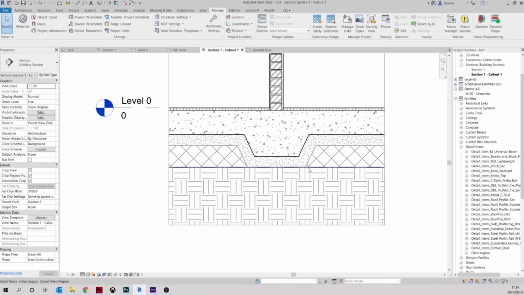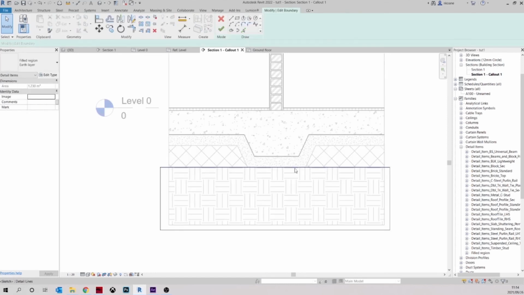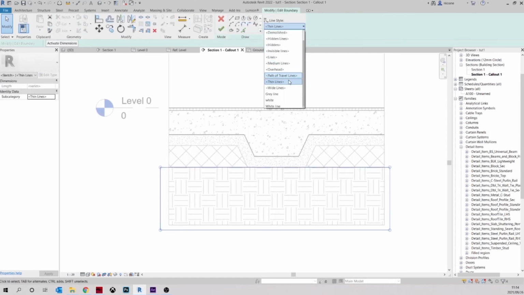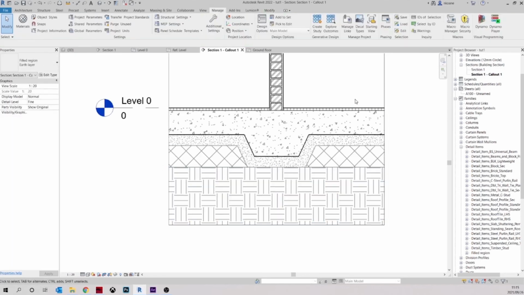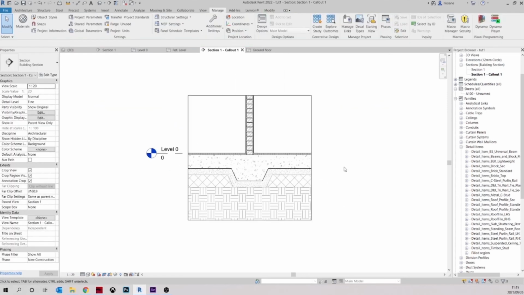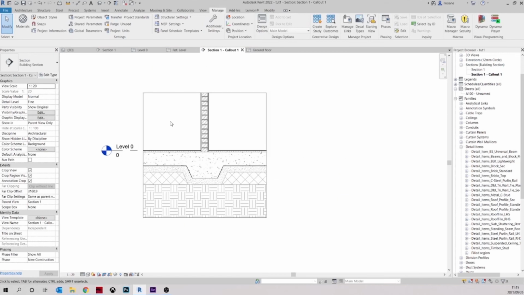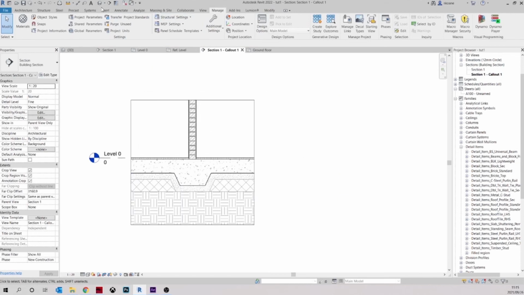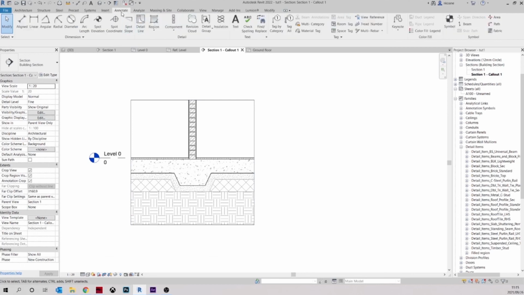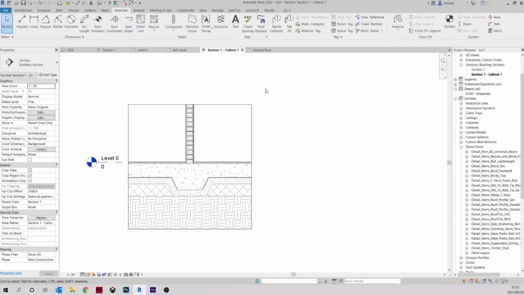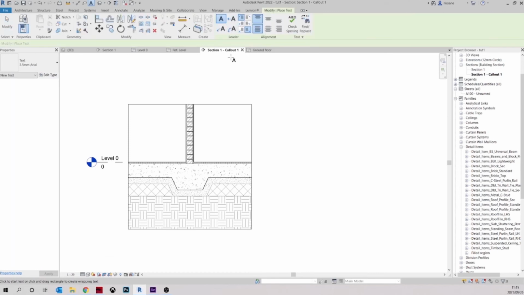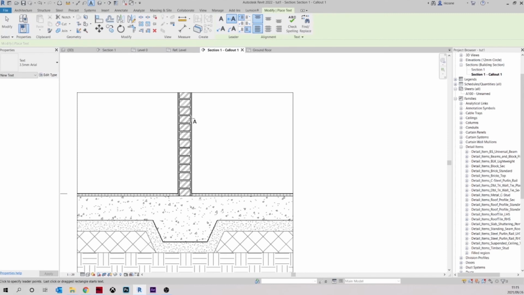Now it's looking much better. You do the same with this one, change it to gray. Perfect, that's what you have. After creating your detail, you want to annotate it. So for you to annotate, you come to Annotate and you can put a text, right? You can put a text and start annotating your layers,